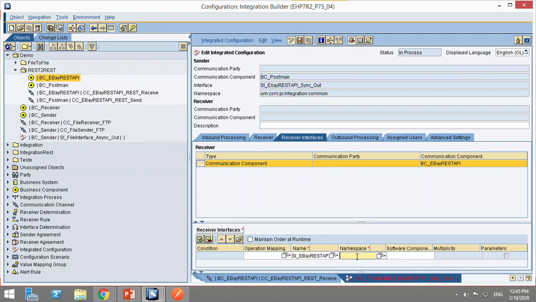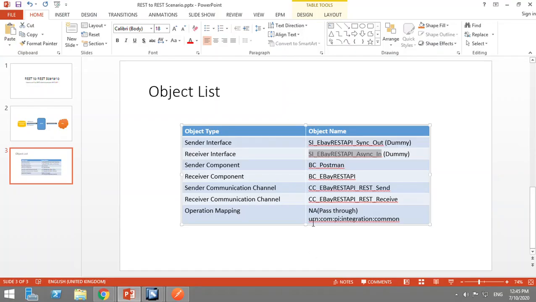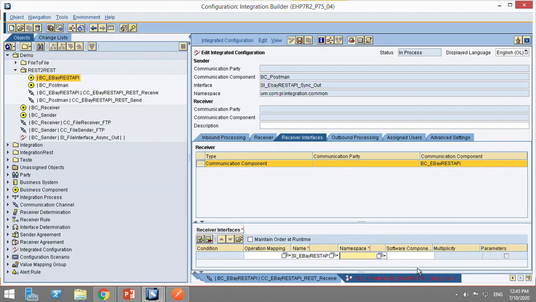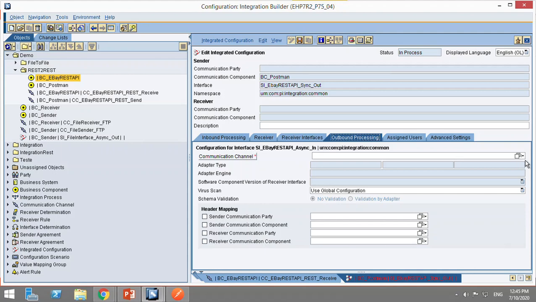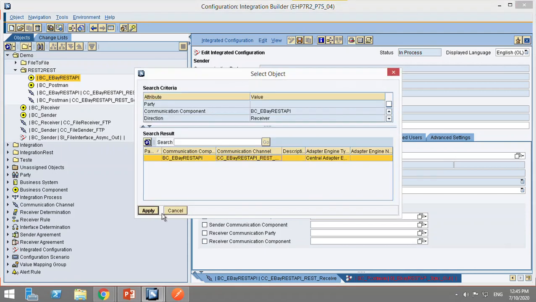So I've given the receiver interface name here, the namespace. In the namespace, outbound processing, I'm going to give the receiver channel. So this is the receiver channel,